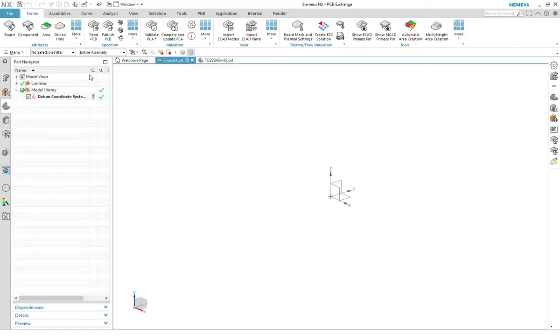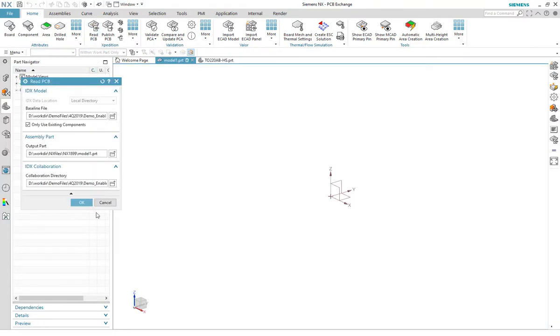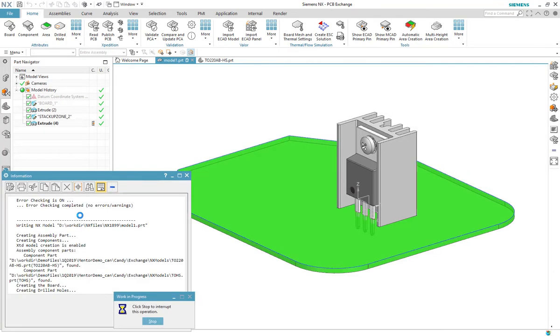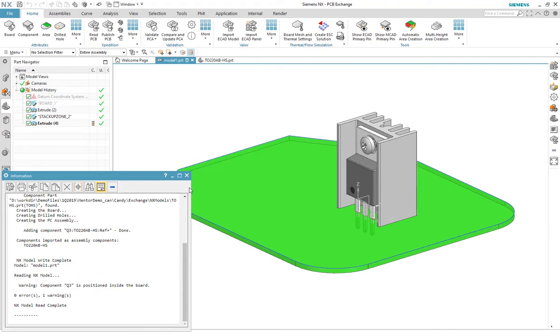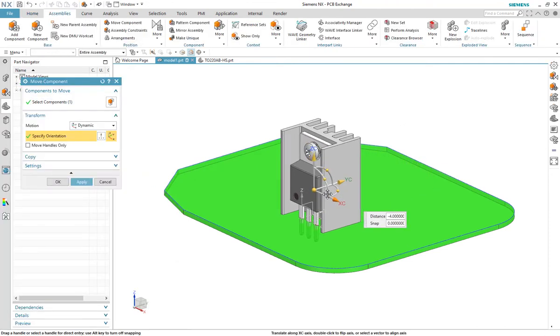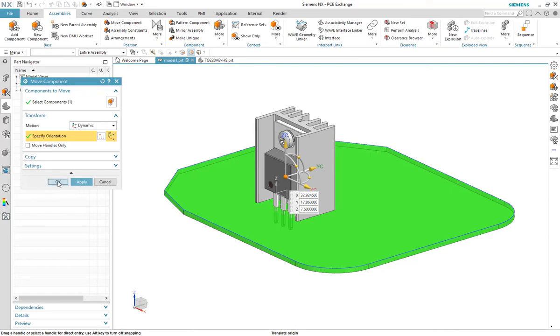On to nested cells now. I will read in an IDX file from Expedition and you can see a component with its associated heatsink. This has been recognized as a subassembly by NX and can then be moved, keeping the associativity and intended design